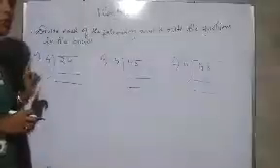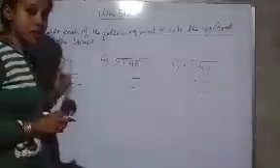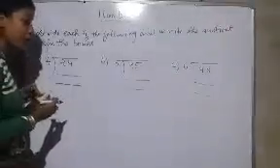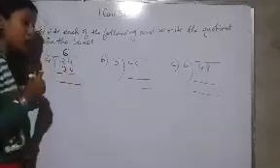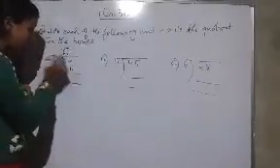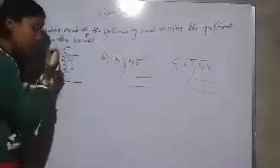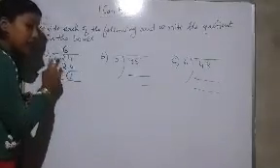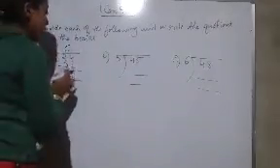So let's divide it. We will count the 4 table, okay? 4 ones are 4, 4 twos are 8, 4 threes are 12, 4 fours are 16, 4 fives are 20, 4 sixes are 24. So when is 24 coming in the 4 table? If we multiply 4 into 6, then we will get 24. Now what will we do? We will subtract these two. So what will we get? 24 minus 24 is what? 4 minus 4, 0. 2 minus 2, 0. So this is called what? After subtracting, this value is called the remainder. Okay? So our remainder is 0.